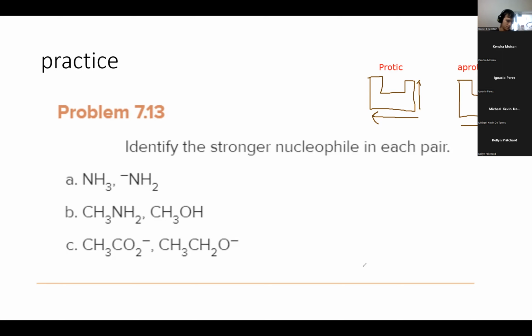Leaving groups are greedy. Leaving groups are saying, hey, I don't like you. I'm going to steal your electrons and I'm going to get out of here. I'm going to run away. Whereas nucleophiles do the exact opposite thing as leaving groups. They're going to take their electrons and they're going to be very willing to give it away. Less electronegative, the better the nucleophile,